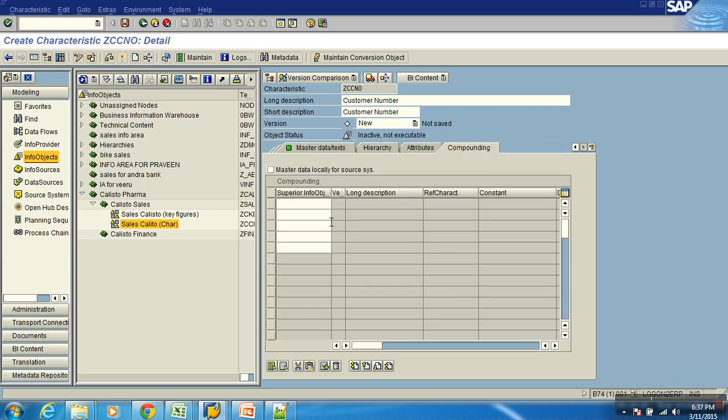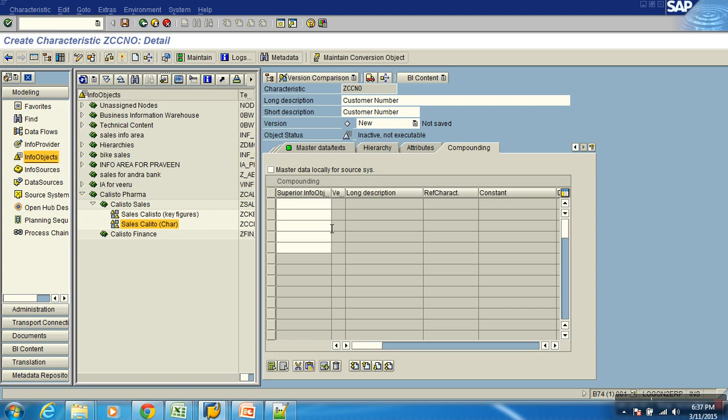Okay. Fine. Then there's a tab called the compounding tab. What does this do? It is the compounding attribute. For example, if I create a customer master data table, what is the primary key? Customer number is the primary key and all others are non-key columns. But I have a different scenario like this. Say I would like to create a master data for MAT plant, but where material and plant together should be the primary key in my attribute table.